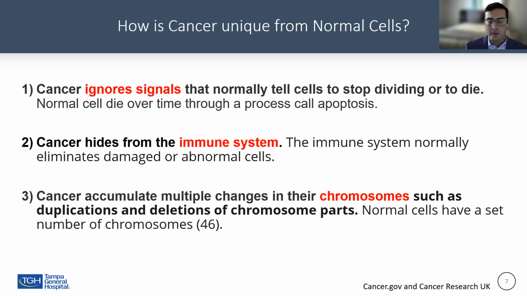Cancer also has the ability to hide from the immune system. Our immune system is sort of our checks and balances on cancer. It doesn't only work on infection. It also works on our cancer and keeps the cancer in check, doesn't allow it to grow. And when it does come up, it potentially goes in and kills the cancer. But cancer has the unique ability to hide from our immune system. It can basically create a wall or turn down our immune system so that it doesn't allow it to do